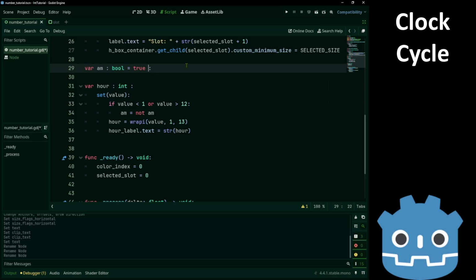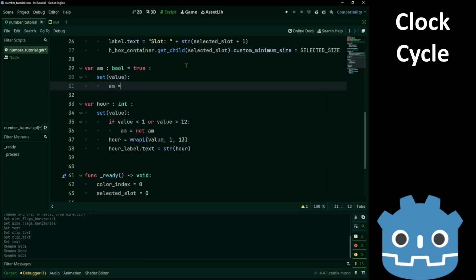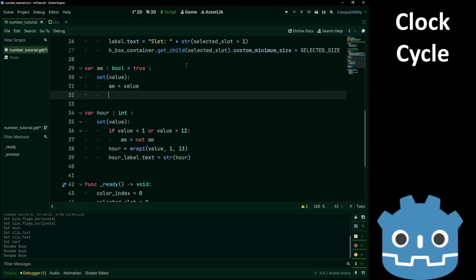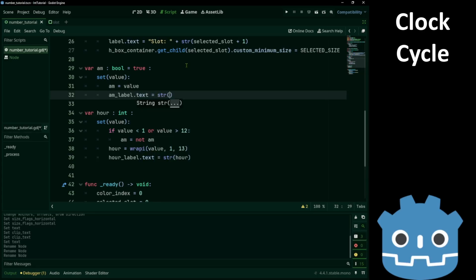And we also have to set a label for the AM. AM is equal to value. And AM label dot text is equal to str AM.